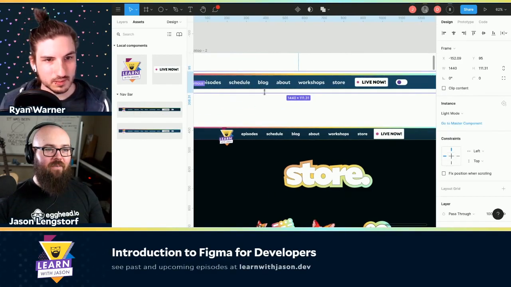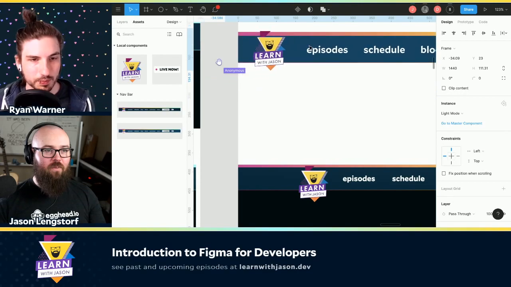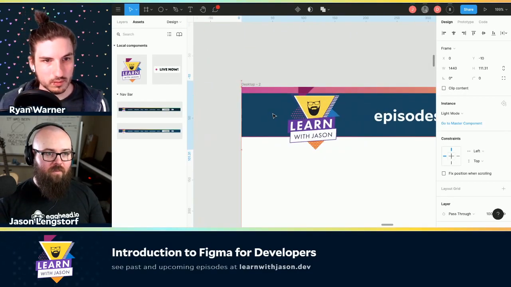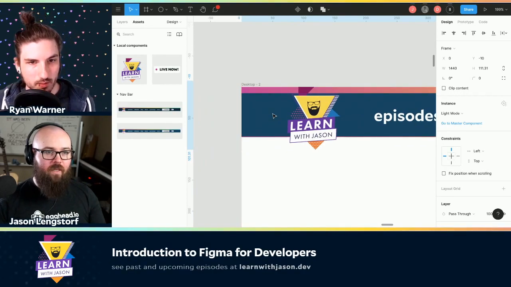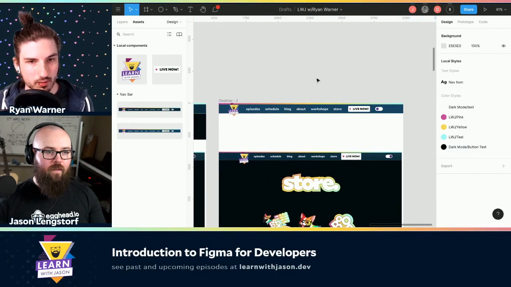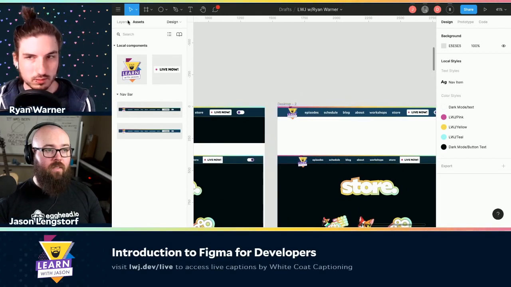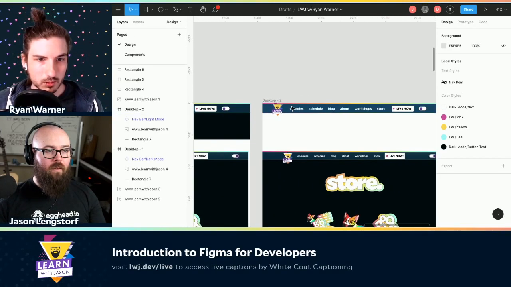Okay. So now I've got this, and I'm going to just pull this across, and we'll do the nudge thing to make it line up the way I want. That is beautiful. That's so cool that it just works. So then we have this nested component, right?